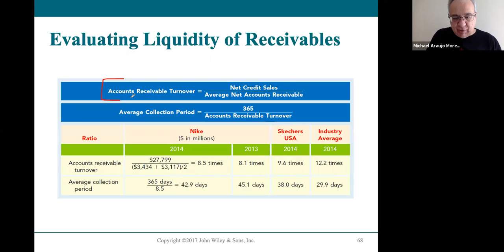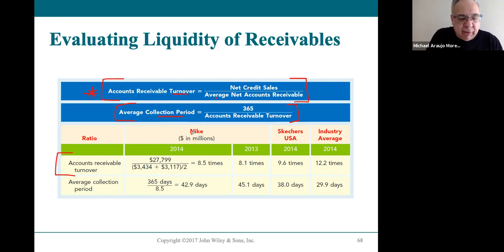First of all, an introduction to the formulas. The accounts receivable turnover formula. This is where everything starts, so it's very important that you learn this one. We have our net credit sales divided by our average net accounts receivable. For the average receivable, you take your beginning accounts receivable and your ending accounts receivable, and you take an average of those two numbers. Once you get that, you can divide 365 by that number, and it'll tell you how many days it's taking you to collect. So let's take a look at the